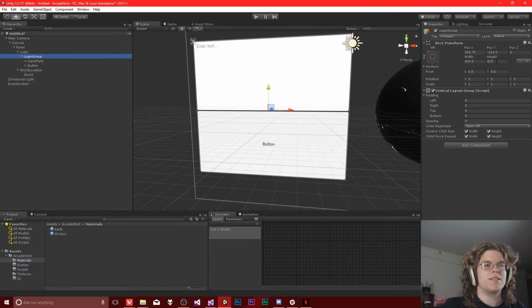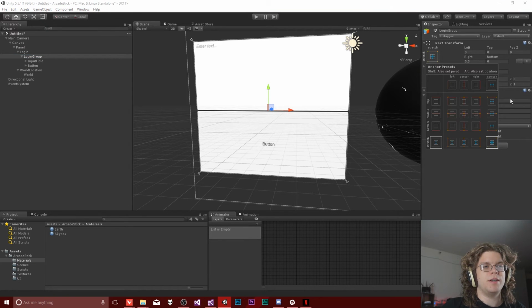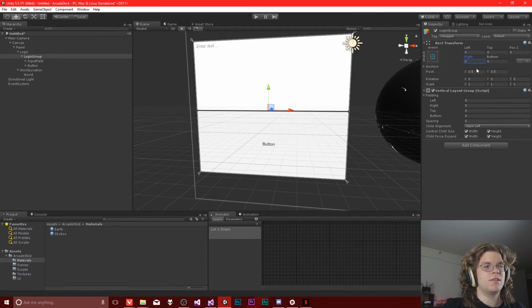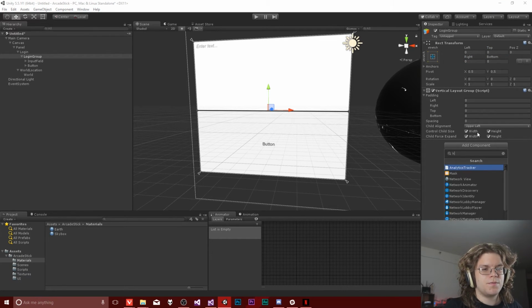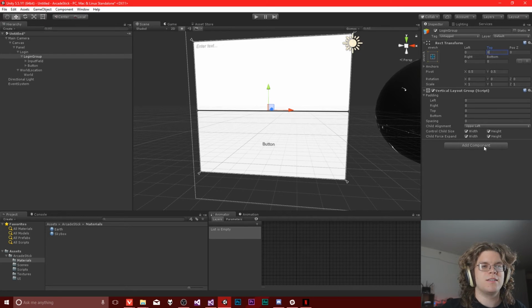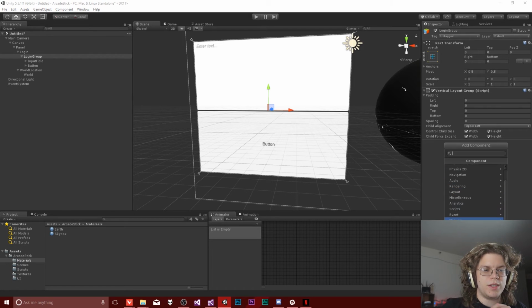But this also gives us the ability, if we expand this so it'll take up the entire size of that login area, to also set up a total height, which we can do